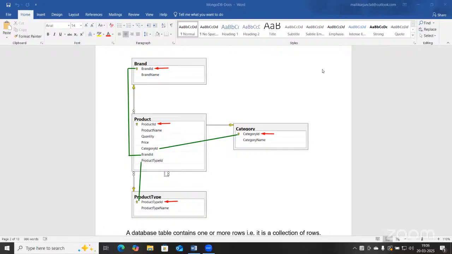I hope the voice is clear right now. Whereas in reverse, under one brand, there is a chance of zero products, one product, and more products. Under one category, there is a chance of zero products, one product, or more products. Under one product type, there is a chance of zero, one, and more. So the relation from parent to child is 1 to n, whereas the relation from child to parent is